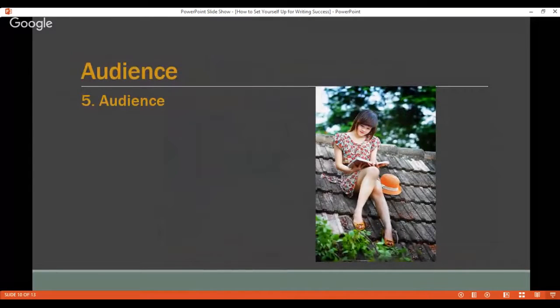The other thing that I want you to take into consideration is audience, because this can make a huge difference in the way that you approach your writing. Let me tell you about this. So for a blog that I write, I write it to my kids. And so they are the two people that are my audience for that blog.